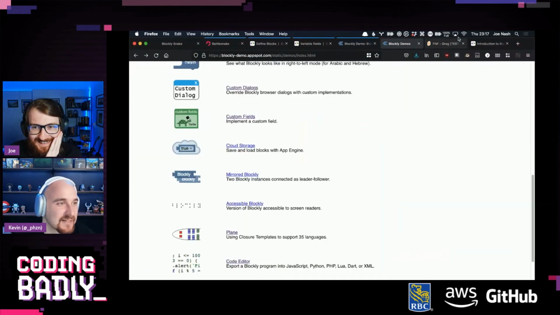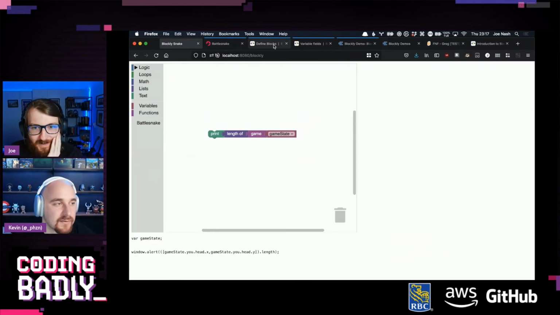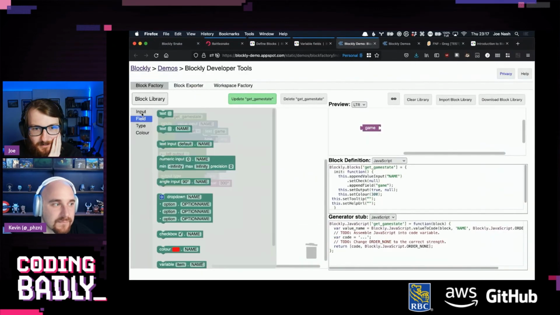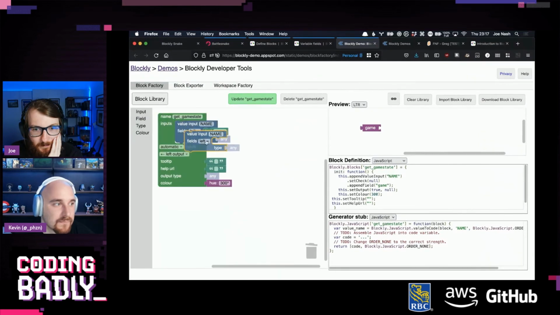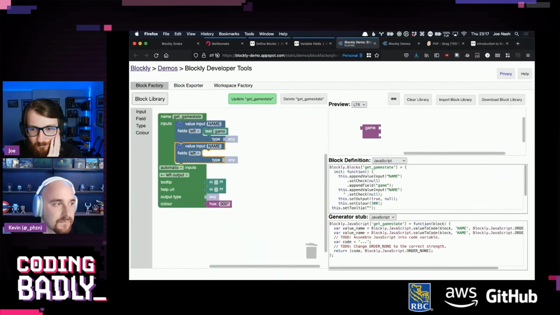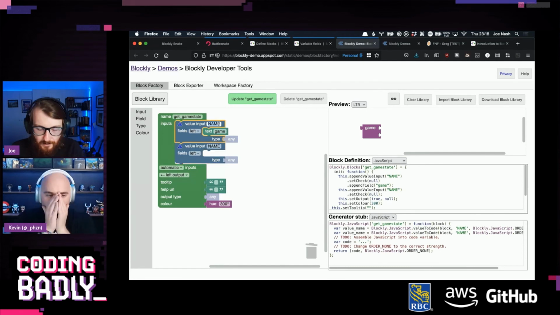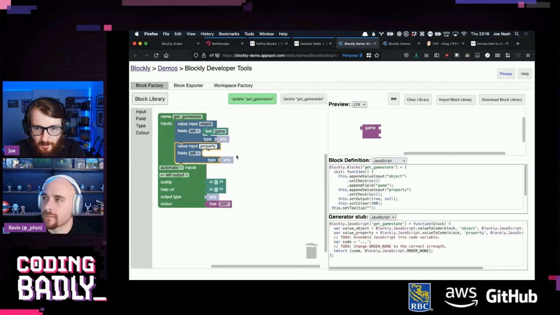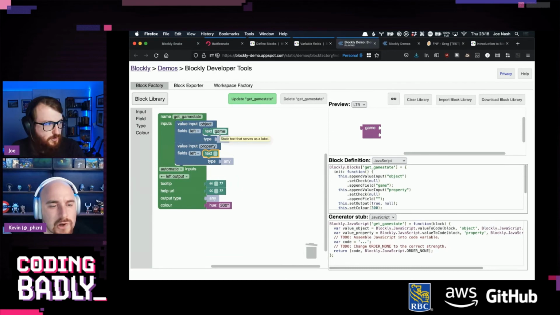So let's go back to our block factory and have a look at two inputs. Cool. So we literally just double this up. Append value input, and then give it these. You're gonna need different names, I'm assuming. So we'll call that object, and this one property. I think nested properties get a bit interesting. We just keep calling this block over and over again, right? But then, yeah, how do we refer to the next object in the chain? Yeah, we would need two versions of this block. One that has a name.